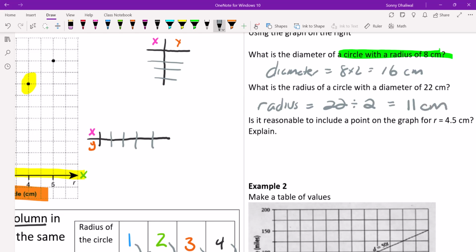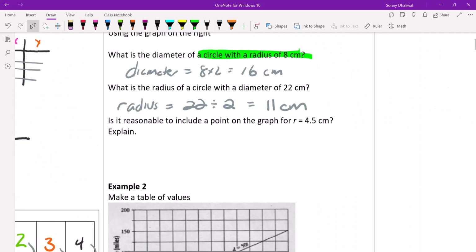Okay. So now, students find the next question annoying, right? You can come across a lot of these questions. I'm going to read it out first. Is it reasonable to include a point on the graph for 4.5 centimeters? Alice? No, because you can estimate where the point. Okay, that's your thought. And I saw another hand up over here. Sam? No. You say no as well? Yeah. How come? What's your reasoning? That's what your gut says? Yeah. Right? So now,